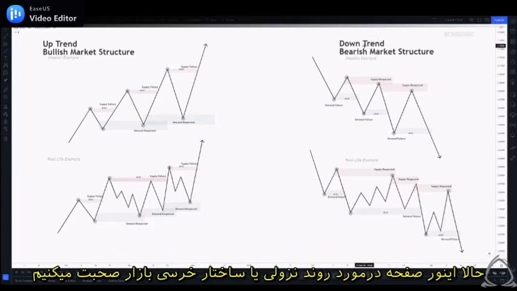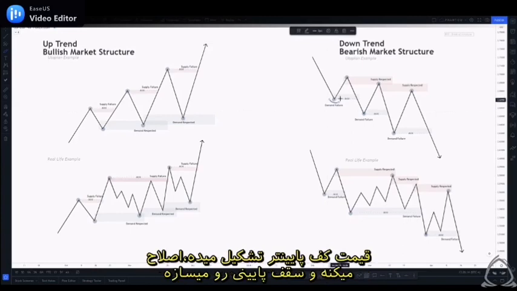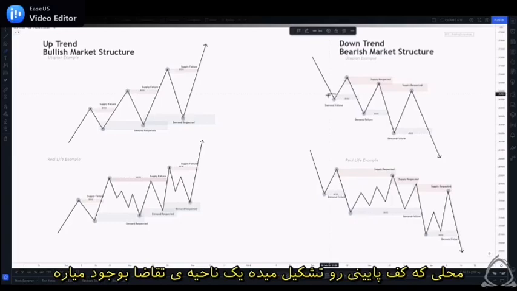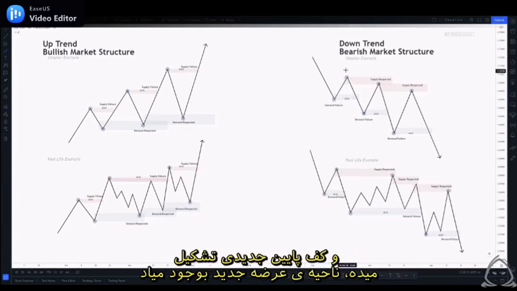And now, on the flip side, we'll discuss the downtrend or bearish market structure. And what we can see when we're looking at the bearish market structure is that price creates a lower low. Price then retraces, creating a lower high. The process that creates the lower low creates a demand zone. And when price moves to the downside, breaking the previous lower low, which causes demand to fail, it creates a new